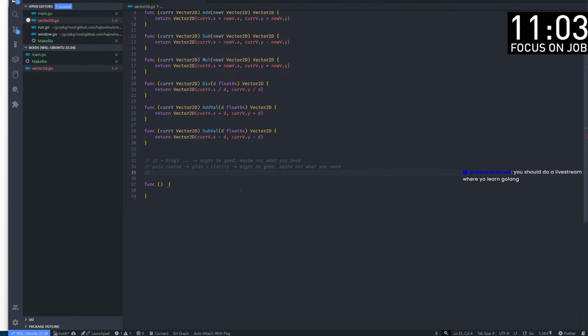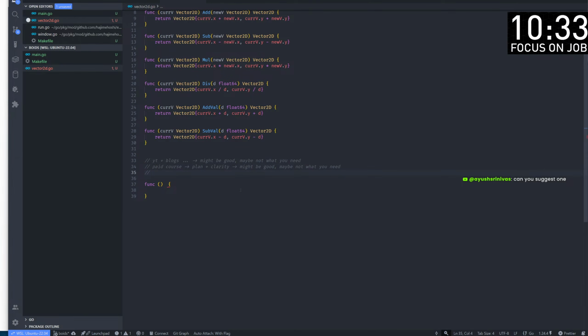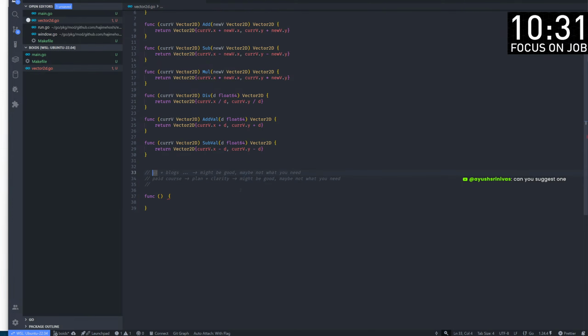You should do a live stream where you learn Golang. Well, this is what I'm doing right now, right? Essentially, all my streams are where I learn Golang. Can I suggest a course? Well, I can suggest YouTubers I watch, but I haven't watched them in a while because I'm primarily just writing code and going from there. But nevertheless, my point is